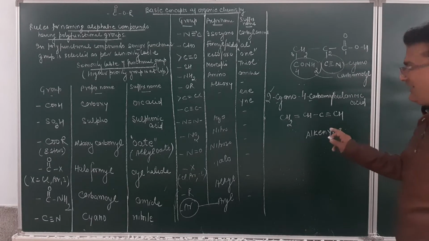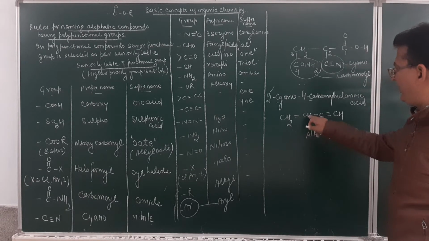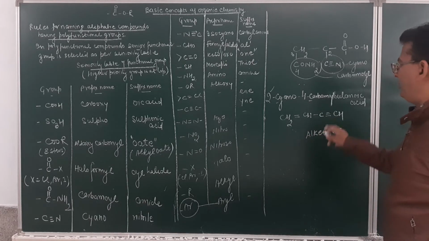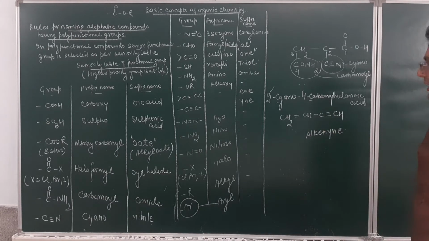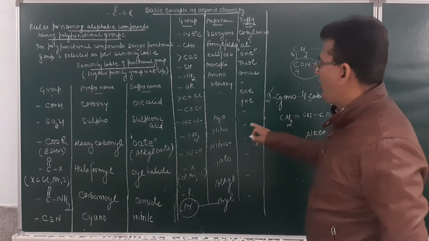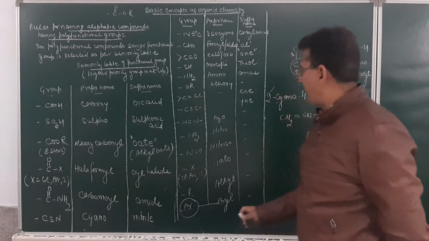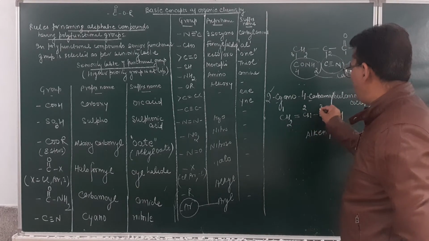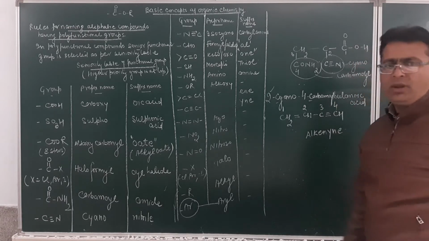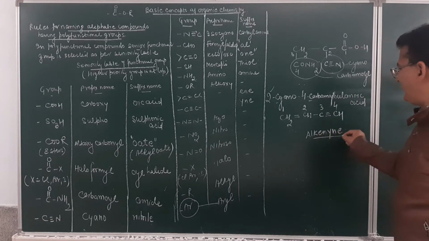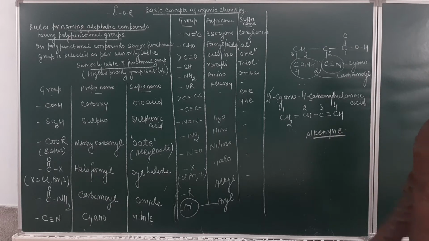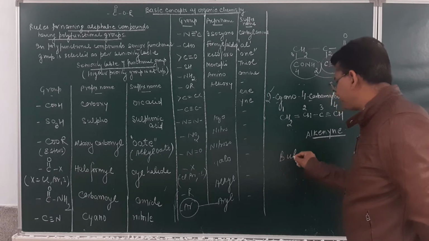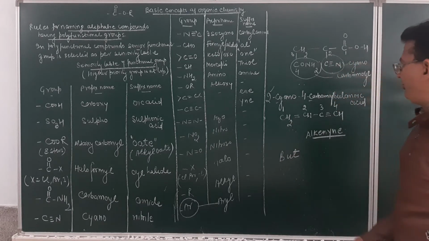Just see this example. Here CH2=CH-C≡CH. In this case, the double bond and triple bond both are getting the same locant number. So as per the seniority table, double bond is more senior as compared to the triple bond, so I will number in that manner. This will be 1, this will be 2, this will be 3, and this will be 4. And this will be given the base name alkenyne. For 4 carbon atoms, what is the root word? This will be but.